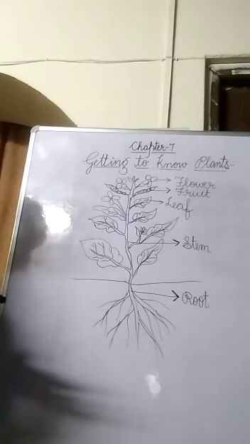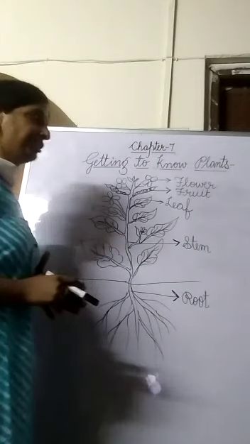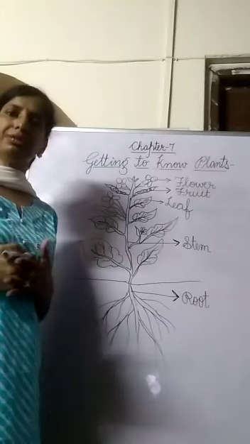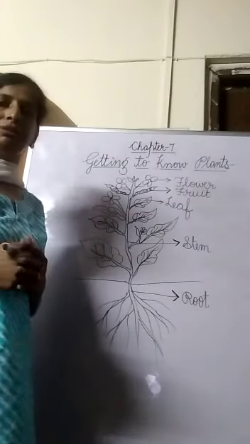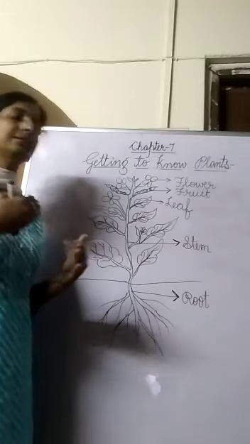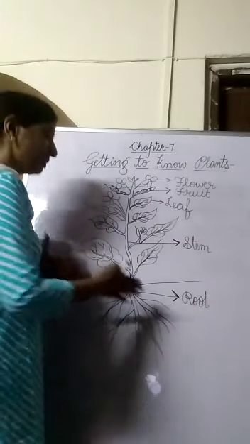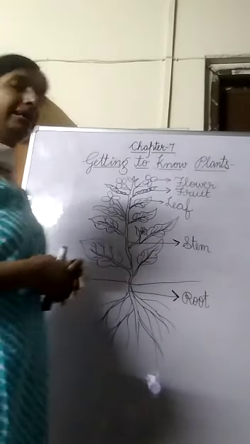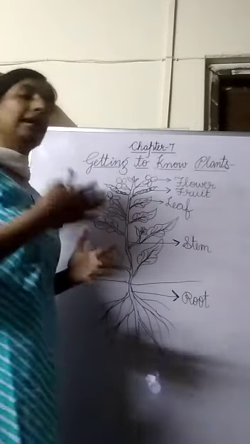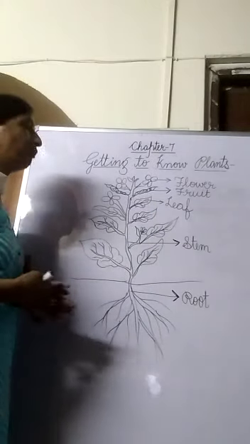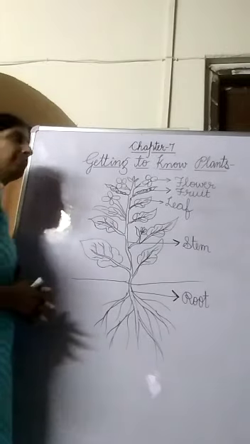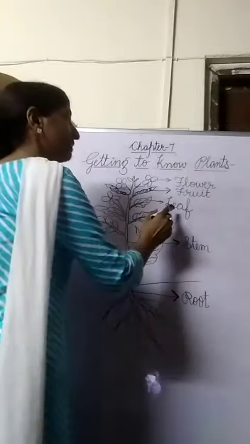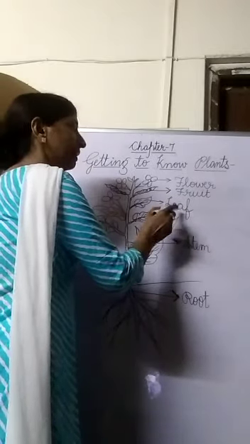Another important function of a leaf is transpiration. It means leaves release water in the form of water vapors to the air and thus they keep the surroundings cool. Right? Due to this transpiration, the water which is absorbed by the root is conducted to all parts of the plant by the stem. So transpiration helps in the conduction of water and minerals to all parts of the plant. So leaves perform two important functions. One is photosynthesis and the other is transpiration.